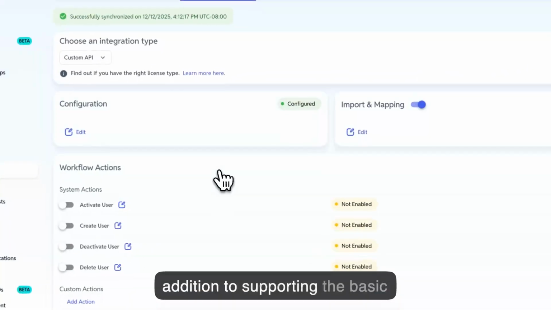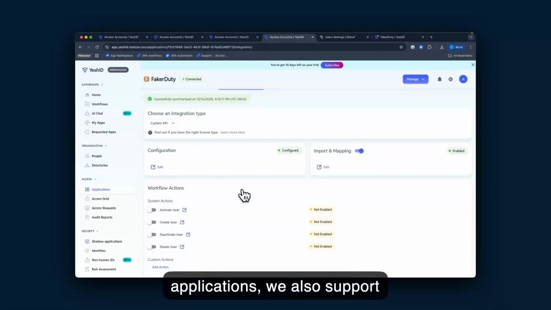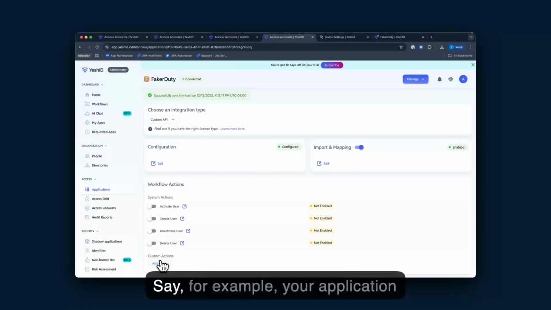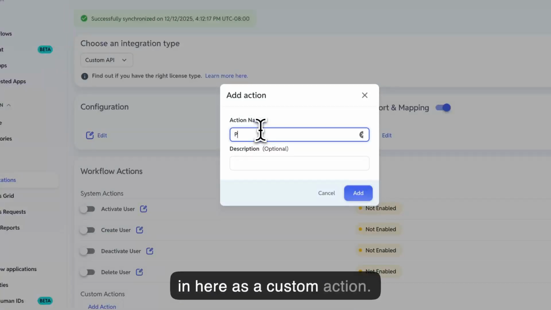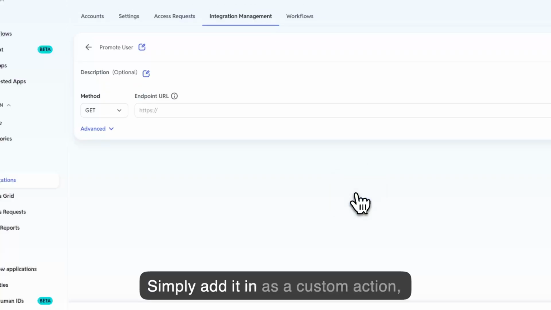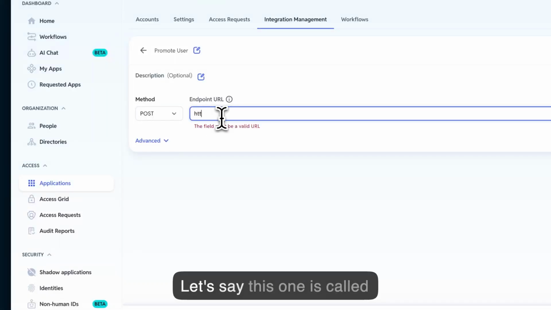In addition to supporting the basic CRUD actions within your applications, we also support custom actions. Say, for example, your application had the ability to do something like promoting a user. Well, we can add that in here as a custom action. Simply add it in as a custom action, provide the endpoint that you're going to need. Let's say this one is called